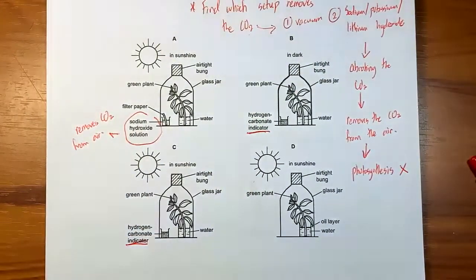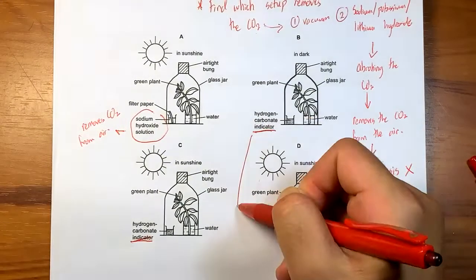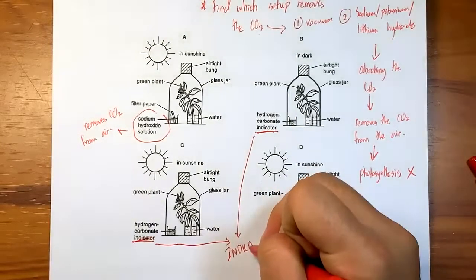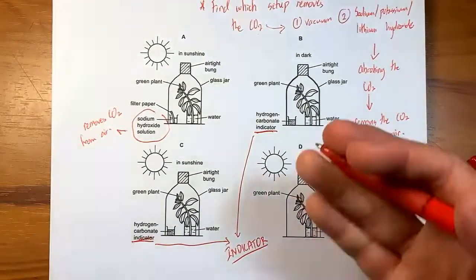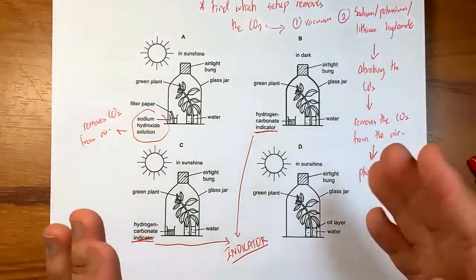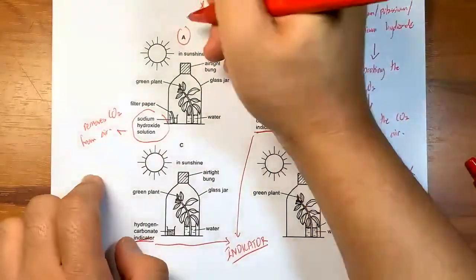You want to know whether CO2 is present or not present, not to remove it. Indicator is simply to know whether it's there or not. It's not trying to remove it. The only thing that removes carbon dioxide is this. So that's why the answer is